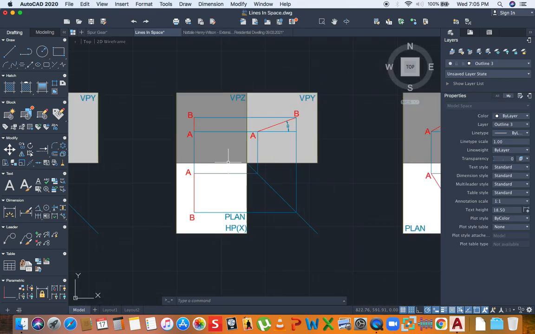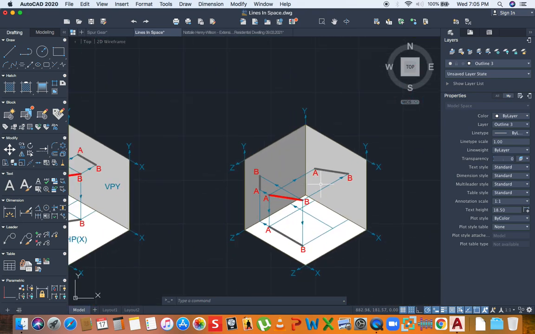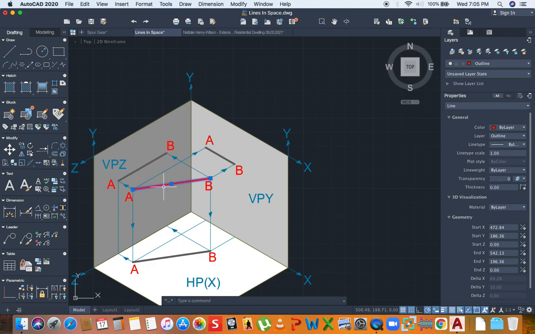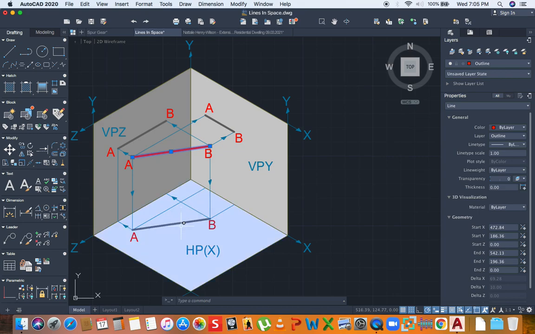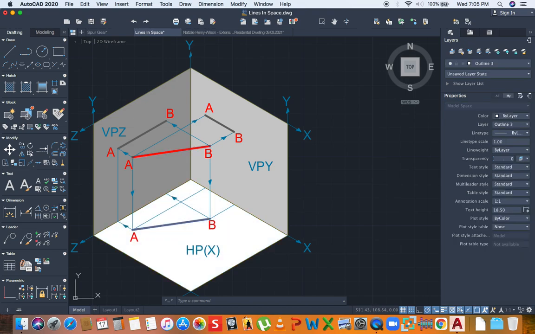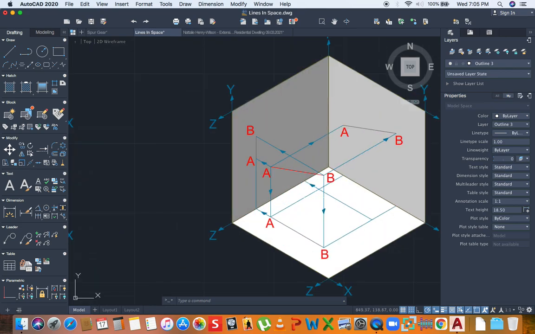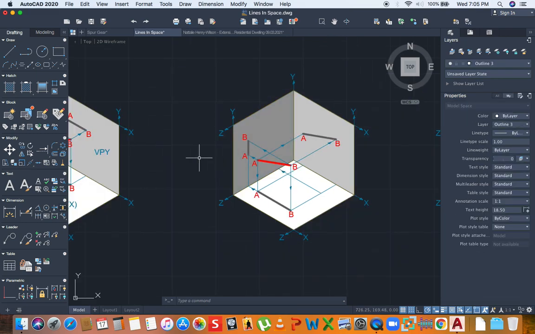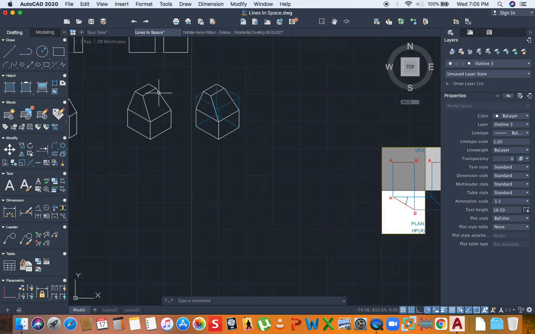All right. So for these two examples that I've shown, the line is parallel to at least one plane. It is parallel to one plane. So the plane that it is parallel to will show you the true length. So this is parallel to this plane. This is parallel to this plane. So you can easily look at the object to determine the true length. Let's look at